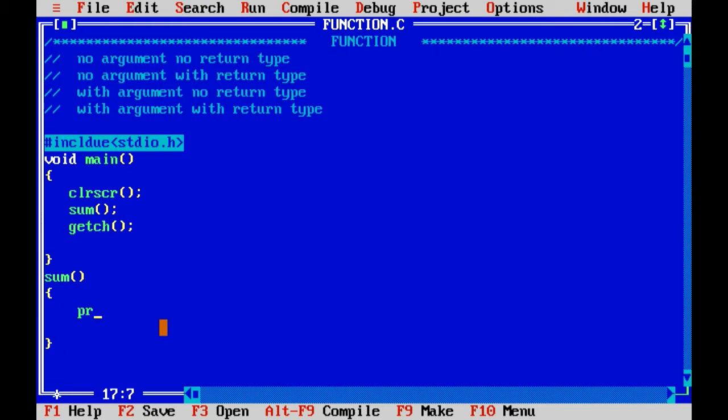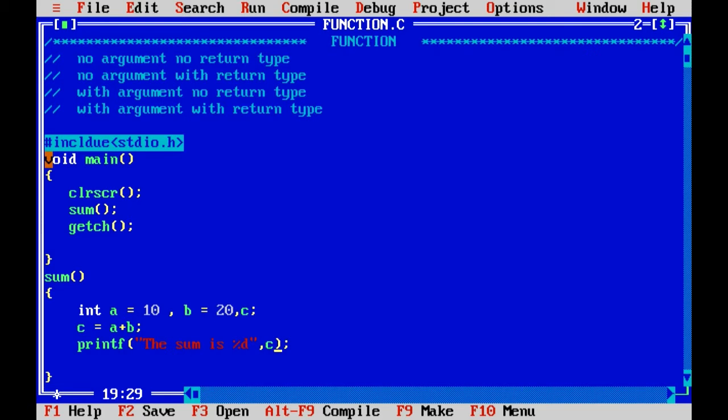Here I will declare two variables, a equal to 10 and b equal to 20, and create another variable c. Then c is equal to a plus b, and I will print "the sum is %d", comma c.